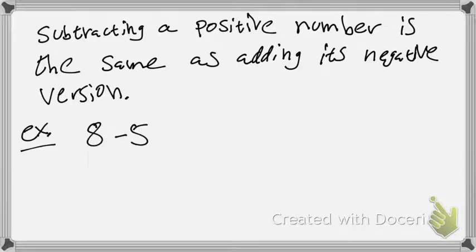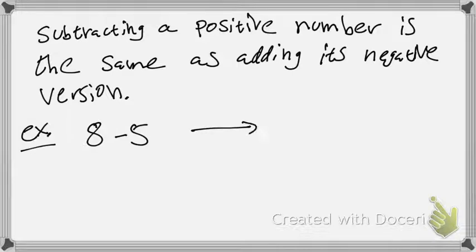So 8 subtract 5. What we're going to do is think about subtracting 5 here as the same as what? Thinking about what we just wrote as our notes. Subtracting a positive number, right? What are we subtracting here? We're subtracting a positive 5. We know it's the same as adding its negative version. So subtracting 5,